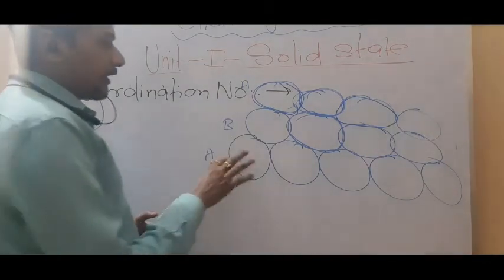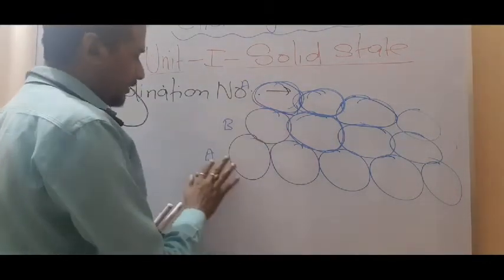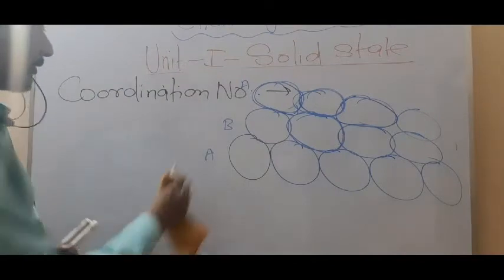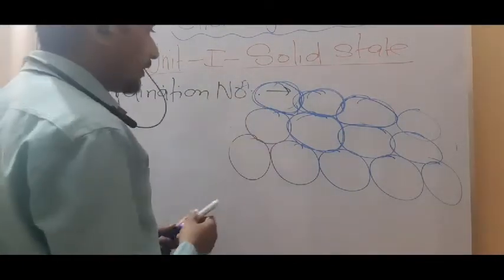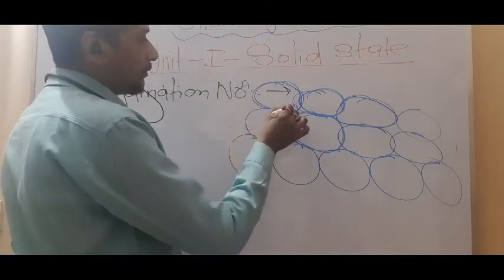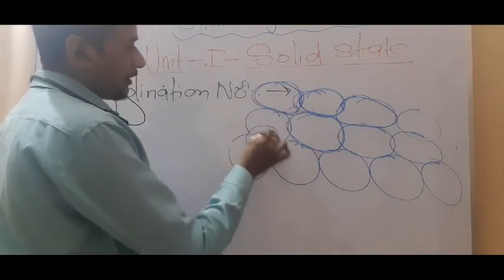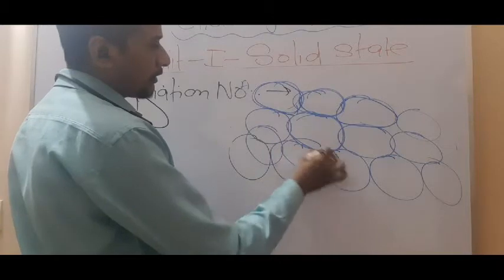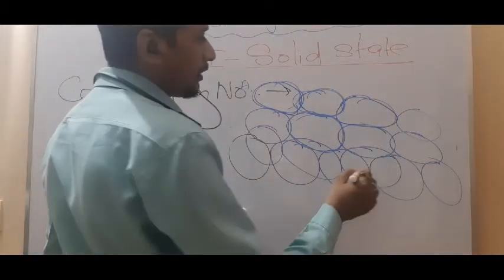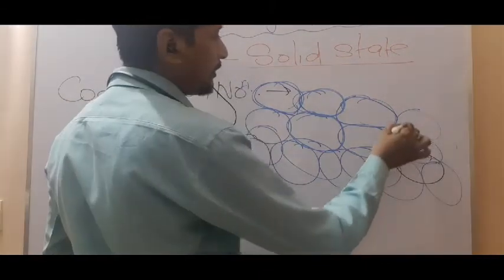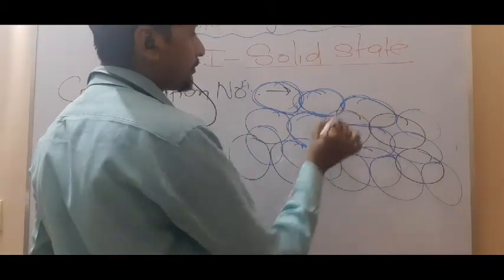So now you have to place, this is the first layer. Okay. Now in 3 dimensions, this we have as the first layer. Now you have to place the second layer over the depression. Depression means like this. You have to place in the depression like this. Are you getting this point or not? Depression, that means like this.